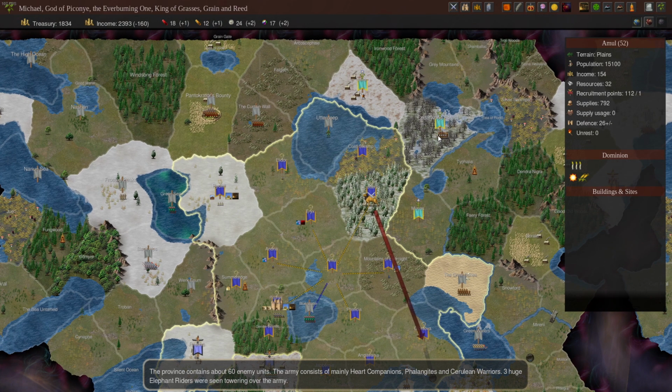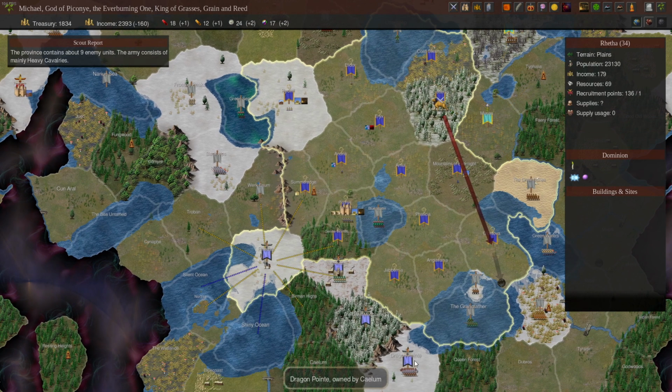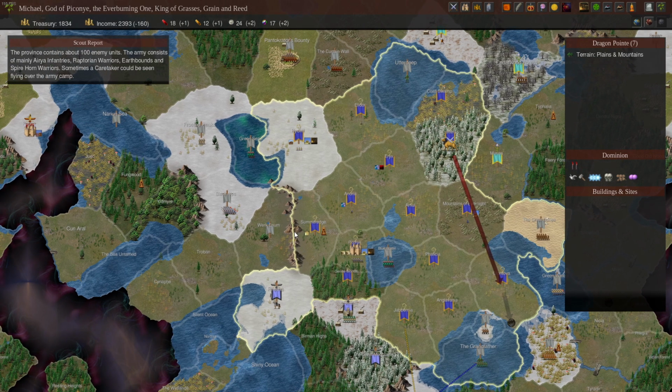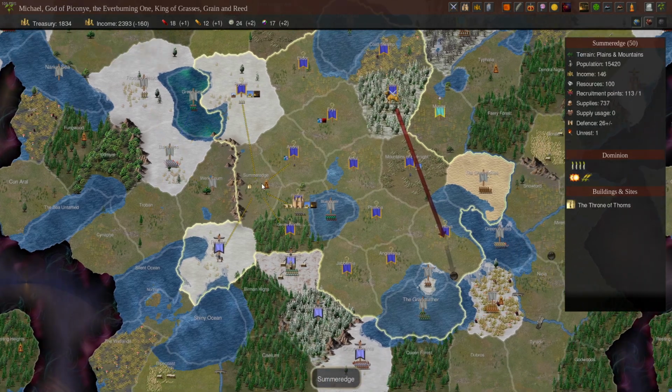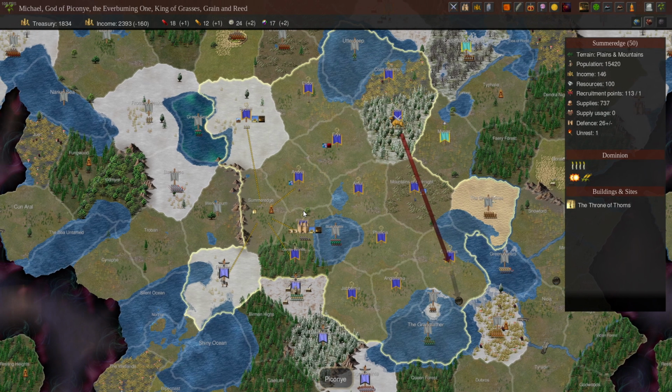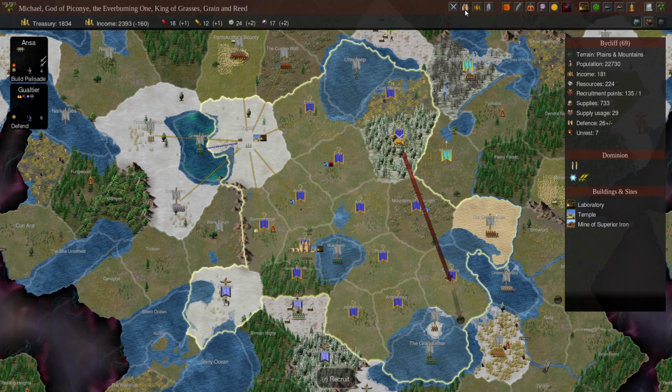As you can see, I kind of got boxed in by this faction here and down here, and then I got stuck on this mountain over here. But I ended up getting a throne, so that's always good. So anyway, my units that I use for this expansion